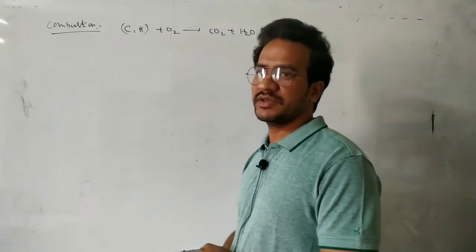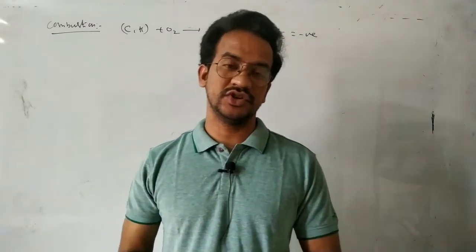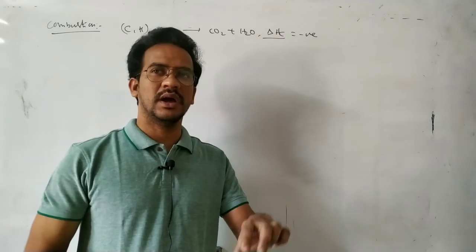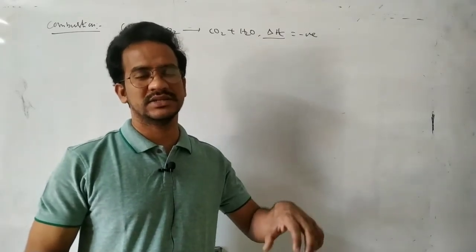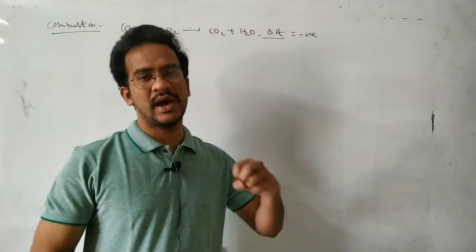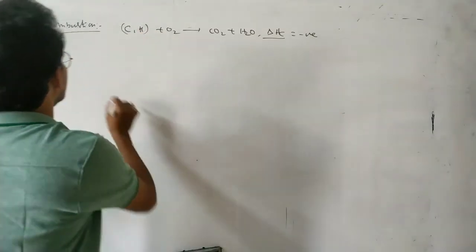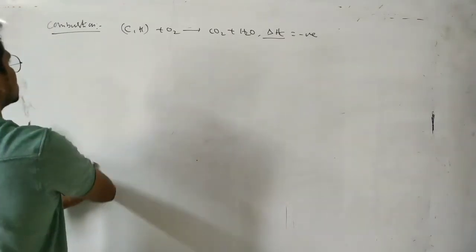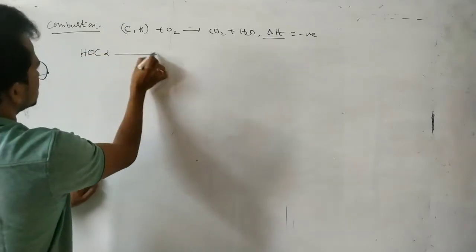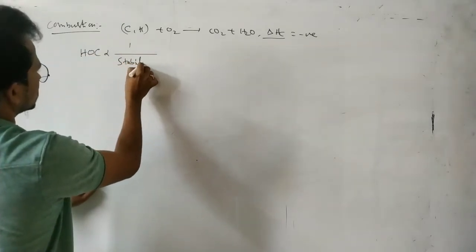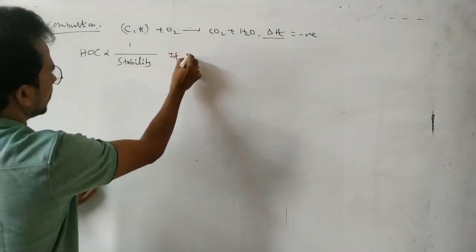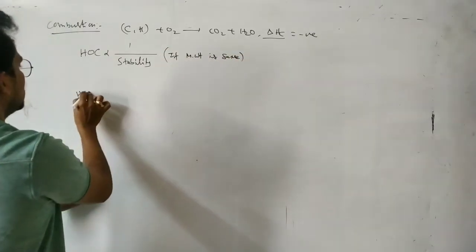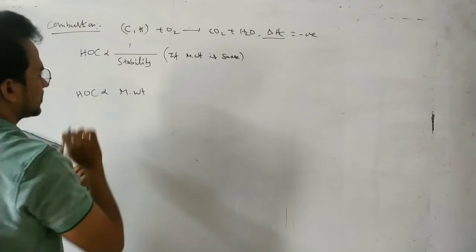Now again, in this case, which compounds have higher heat of combustion? Let us apply heat of combustion to the alkenes only, because here we can discuss the stability of the alkenes by hyperconjugation. Here, heat of combustion, delta Hc, is inversely proportional to stability, if molecular weight is the same. Otherwise, heat of combustion is directly proportional to molecular weight.